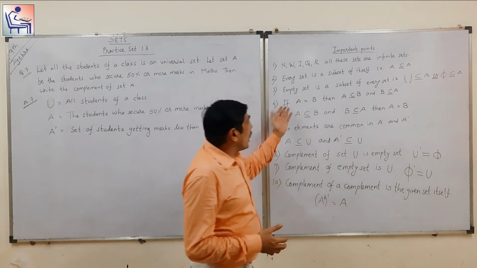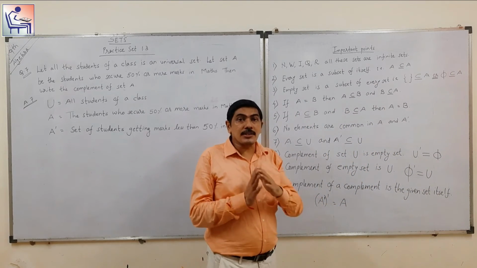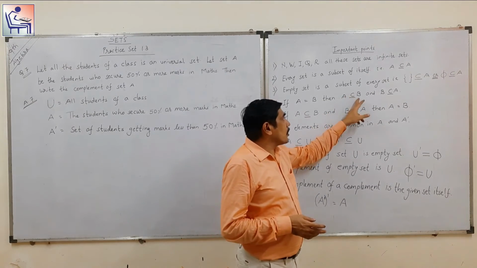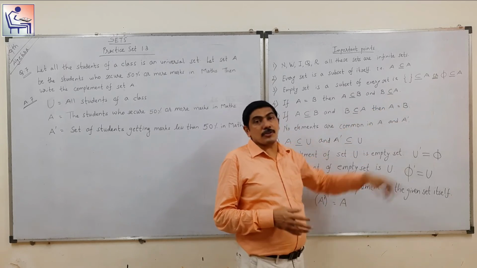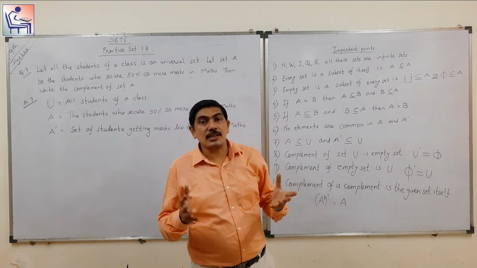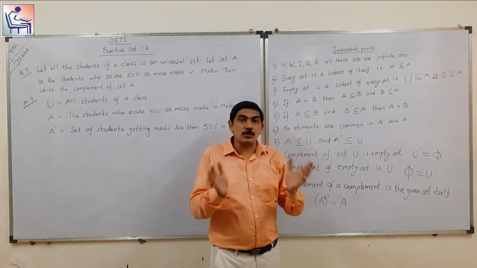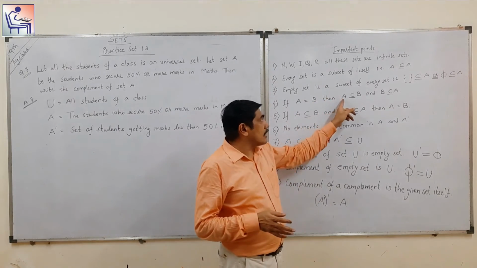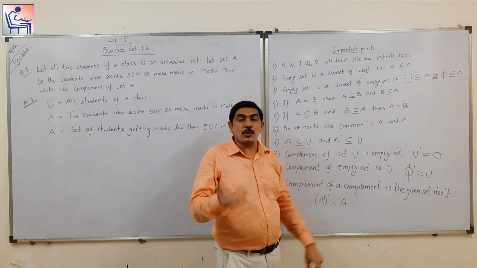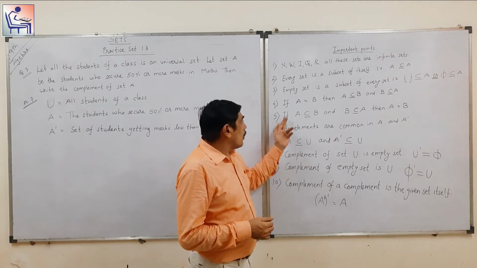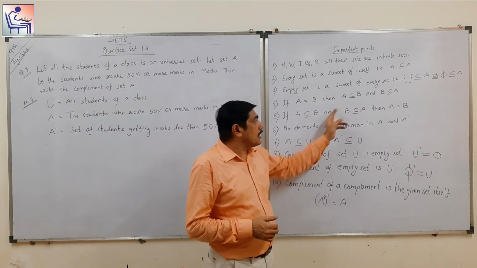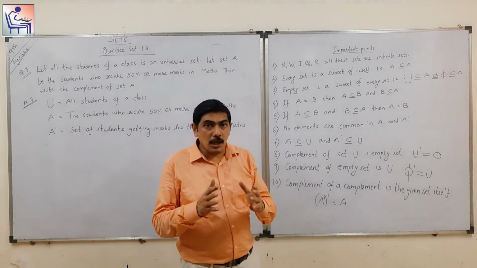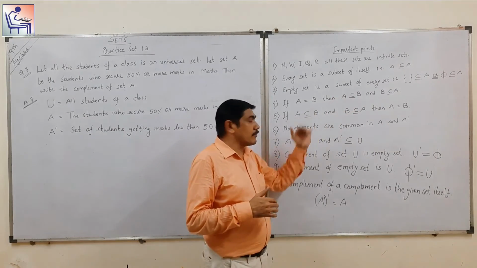Now, if A is equal to B, A is equal to B means what? They are equal sets. Then A is a subset of B and B is a subset of A. अगर दो सेट्स इक्वल एलिमेंट्स रखता है तो वो एक दूसरे का क्या बनेगा? सबसेट. So if A is equal to B, then A is a subset of B and B is also a subset of A. Now if A is a subset of B and B is a subset of A, then A is equal to B. मतलब अब इसका ही exactly reverse.